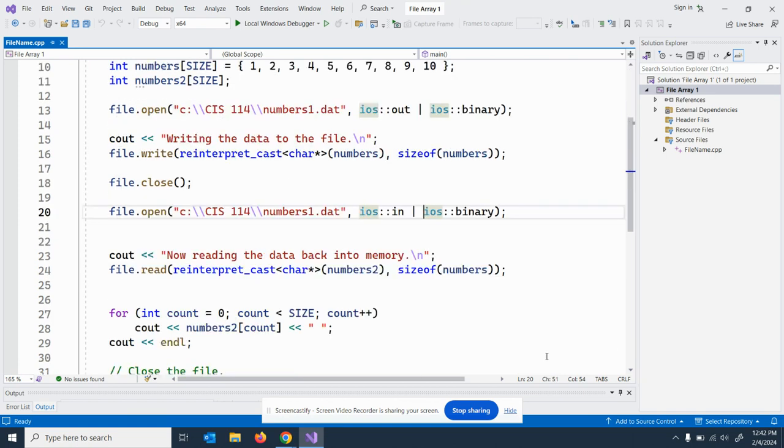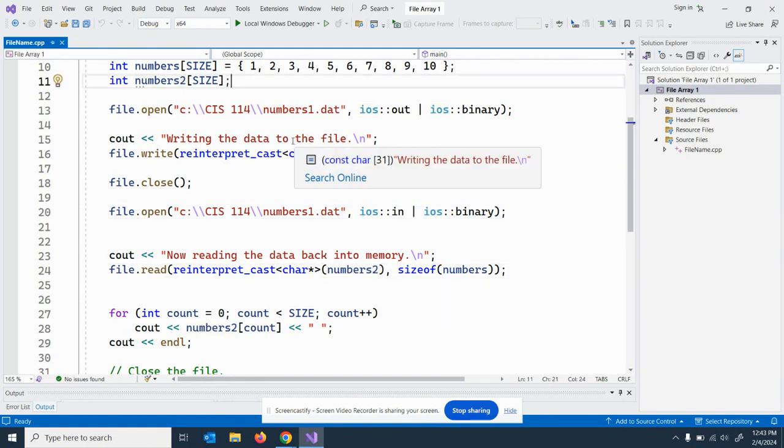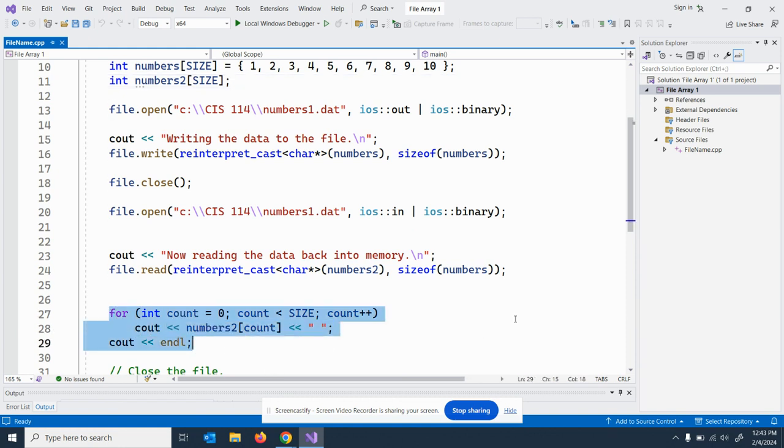Now reading the data back into memory. All right. I'm going to read it back in, except this time I'm going to put it into numbers2, this array right here, because I want to show you. Then I'm going to cout numbers2. So I'm going to show you it's a totally different array. All right. So I open, read numbers2,